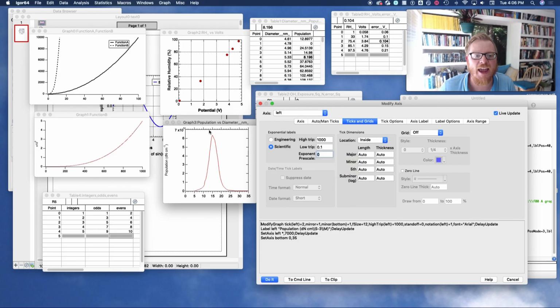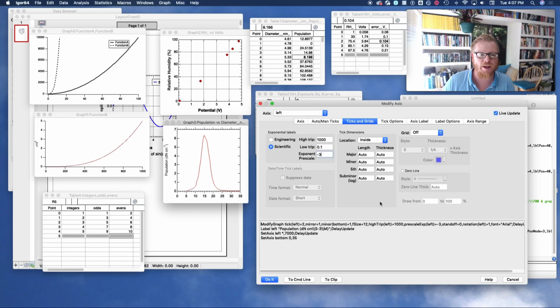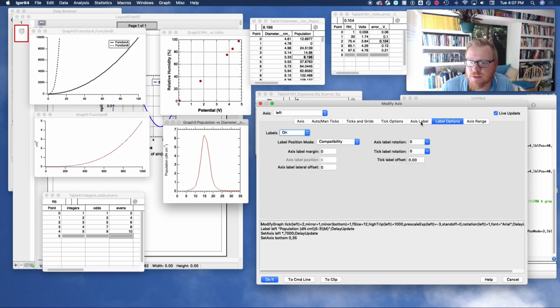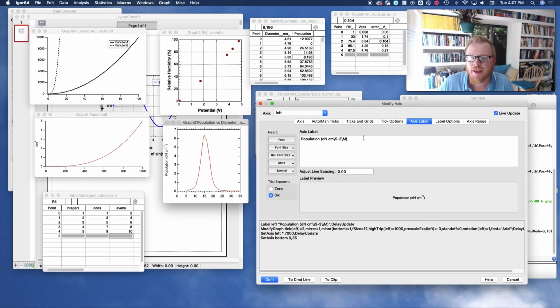So if I want to scale that 10 to the 3, if I want to get rid of that in the graph, I'm going to make this -3, and notice how it went away. So my scale is only 0 to 7. And then now what I can go do here on my axis label is tell my audience that this is population and units of number per cubic centimeter